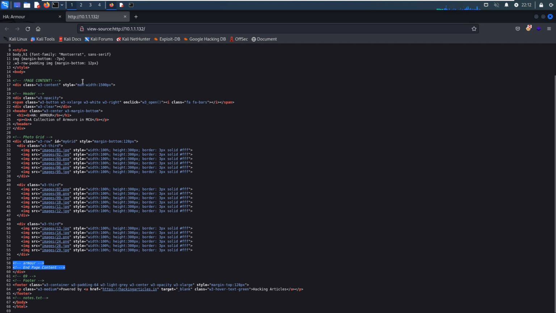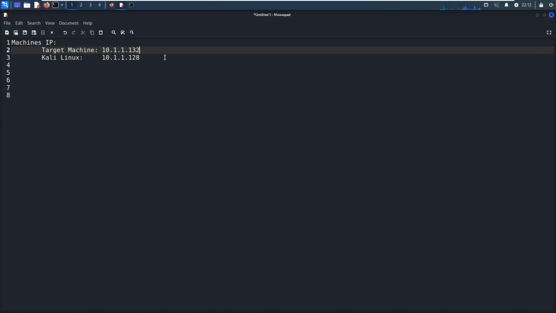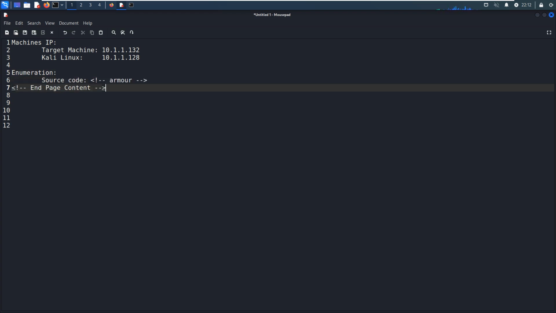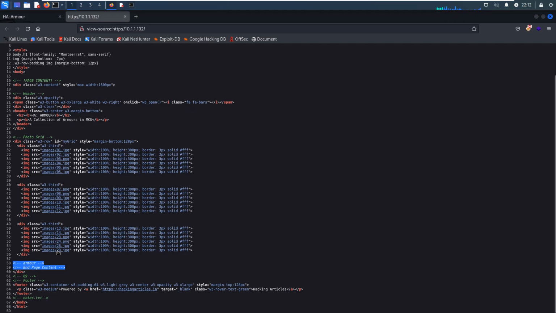We can copy. So the enumeration, source code, this one, we can remove it. And also the 69. So what's that?